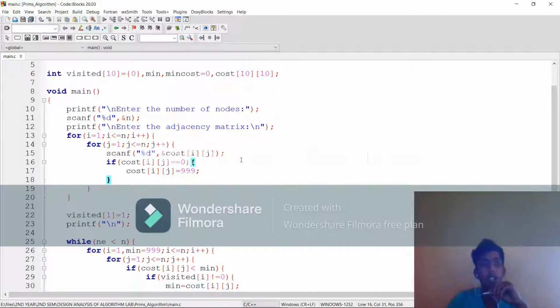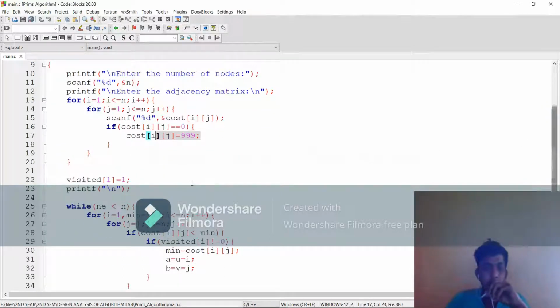That means if you take an edge whose source is 1 and destination is 2, then at row 1 and column 2, that position, we are going to store the cost. After filling that, in the remaining positions we are going to store 999, that is infinity. Initially if you give 0, it will be taken as infinity, and if you give a real number it will not be. That is the condition.